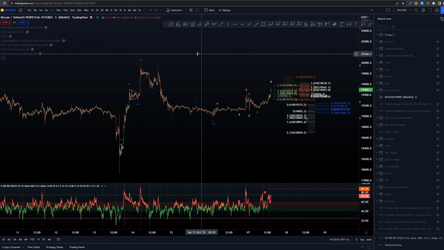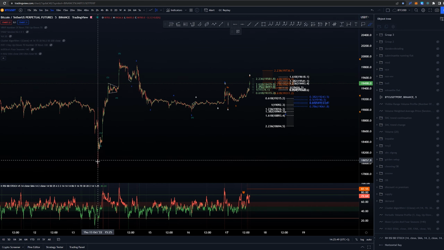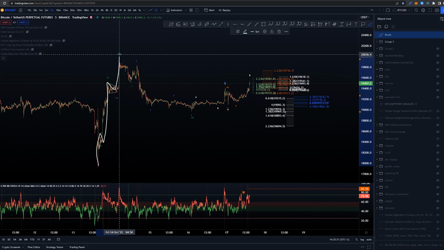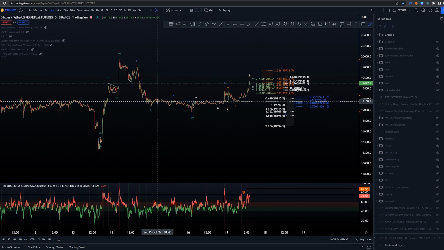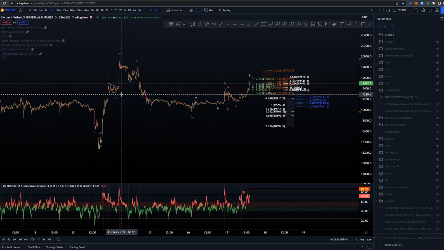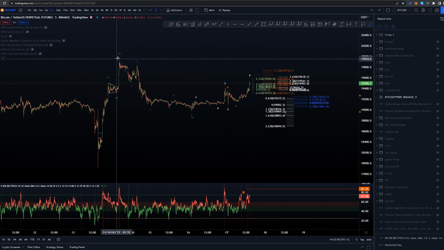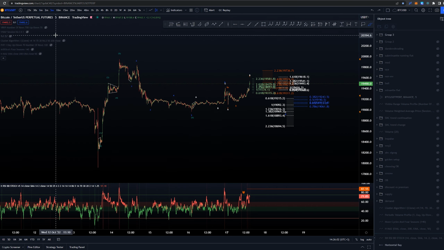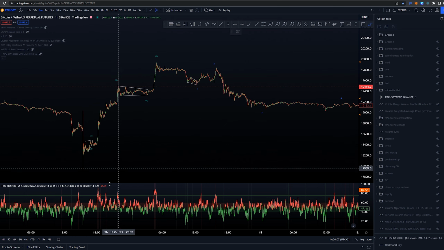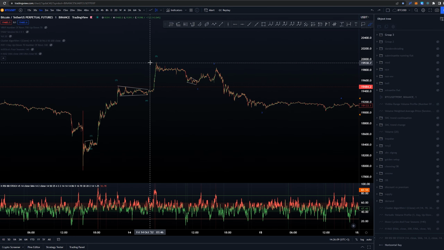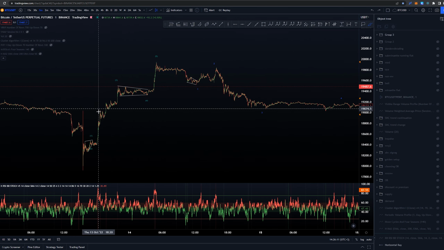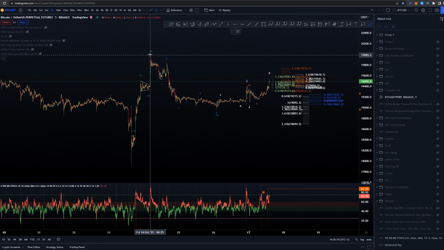At this moment, this is the main count. For me, this looks very clear as a 5-wave structure. I've seen some people saying that this is a 3-wave structure. I don't see it at all. The only issue is that on 5 minutes or higher, we don't have any divergence at these highs. On 1 minute, we do have them, starting from the third of thirds and towards the end here, giving us the indication that momentum is about to turn,